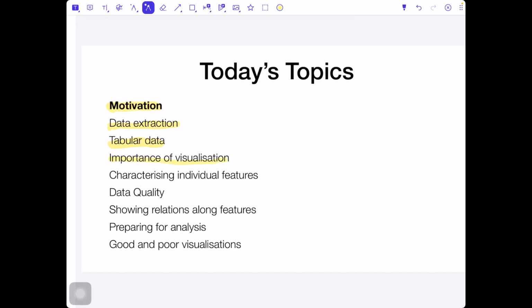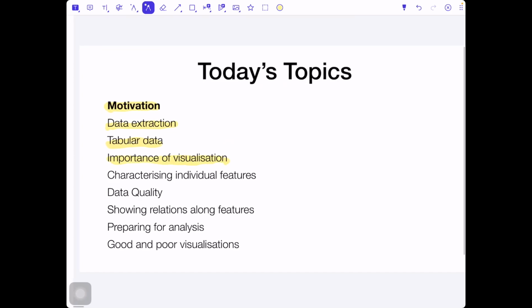Then we come to the importance of the visualization. Of course, we can just deal with the data using simple statistics, but in some cases we will see that the statistics fail. We need something more. And that is why we need data visualization. After that, we will go deeper, because before doing any visualization, we have to see which type of data we have. Because for different types of data, we can apply different kinds of visualization.